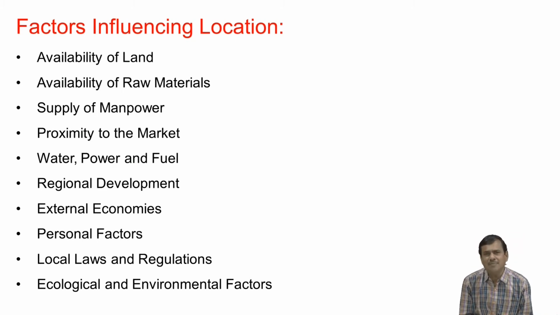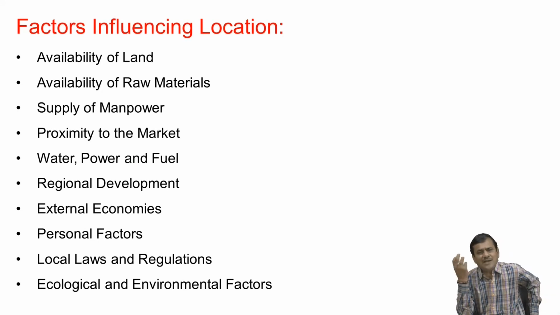I have to take care, the third factor, supply of manpower. Whether the skilled laborers or unskilled laborers are available at that particular location. Because if the laborers are not available, if manpower is not available, if people are not available to work, my location or my raw materials will not help me. So while selecting the place for my plant, for selecting the location for my manufacturing unit, I have to take care of third aspect, that is called supply of manpower.